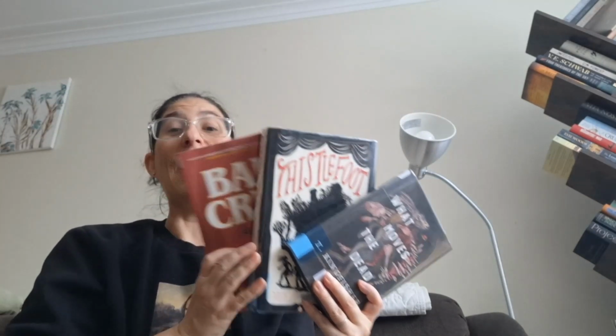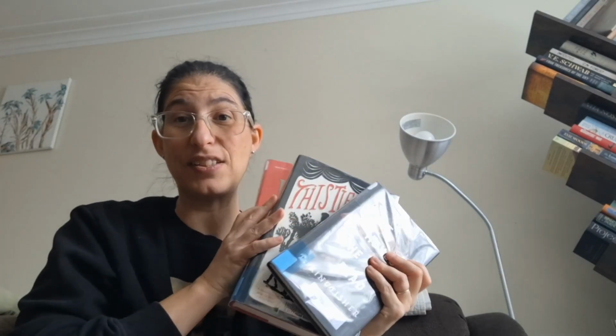So this will be my second T. Kingfisher, I believe. And I was hesitant to buy it because it is a novella, and I didn't know if I would really like it. And I also knew that the library had both copies of this duology. So there was really no reason to spend money on it. I was able to wait to read it. So basically, I have these three books to read over the next 3 weeks, and I'm really happy about it